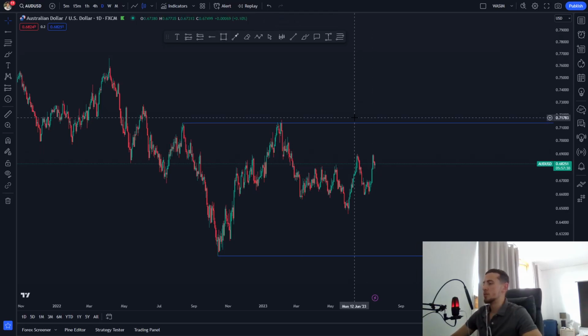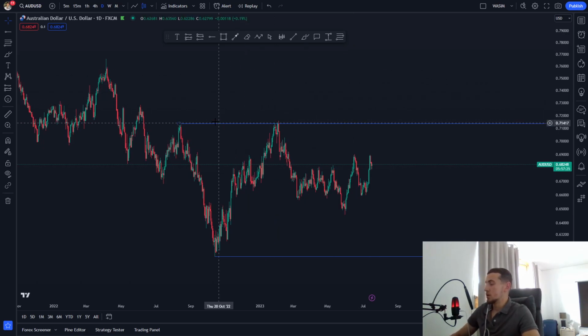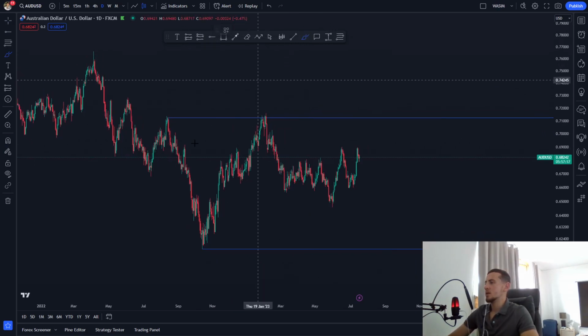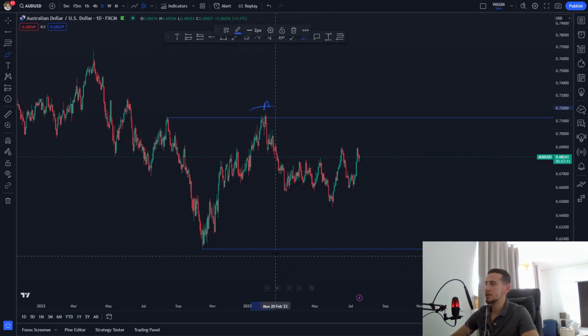So I'm just going to go over a position that I took on Aussie dollar. Got taken out of it this morning, but yeah, just going to start off with the daily time frame. As you can see here, marked up on the daily, we have this A to B range that we're playing, and essentially if you look at the makeup of this leg here, we can see that we're pretty much on the line of the sand of this potential thesis of getting this 1, 2, 3 leg to the downside